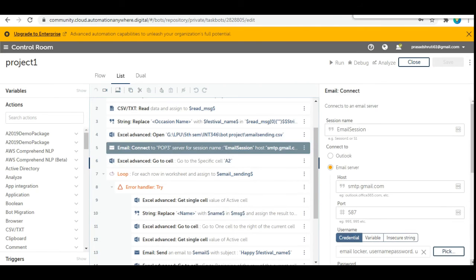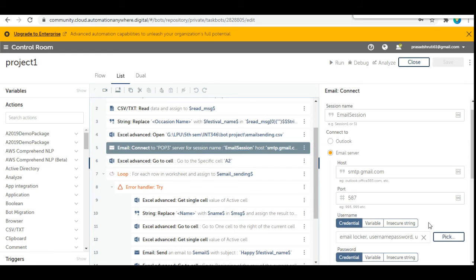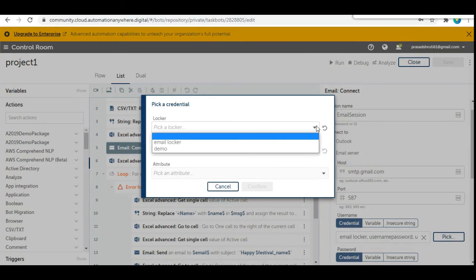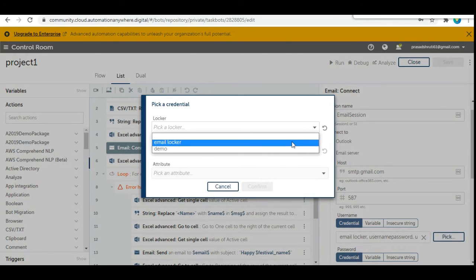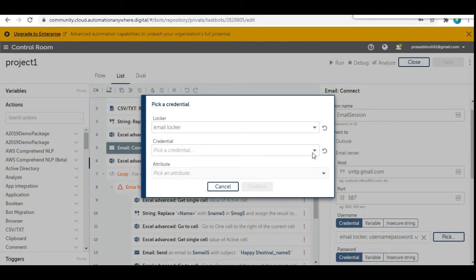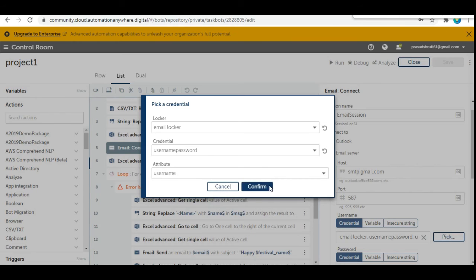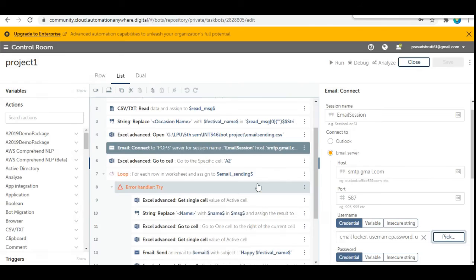For example, if I want to check whether my credential is created or not, first, when I choose the pick option, here two lockers are showing. So this is a simple process to create a credential and locker. With the help of this, you can perform any operation using mail.